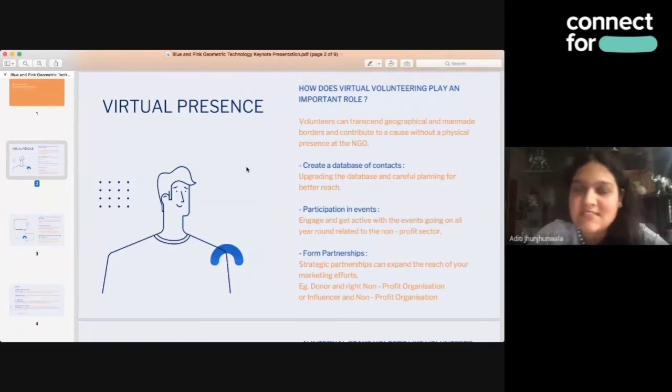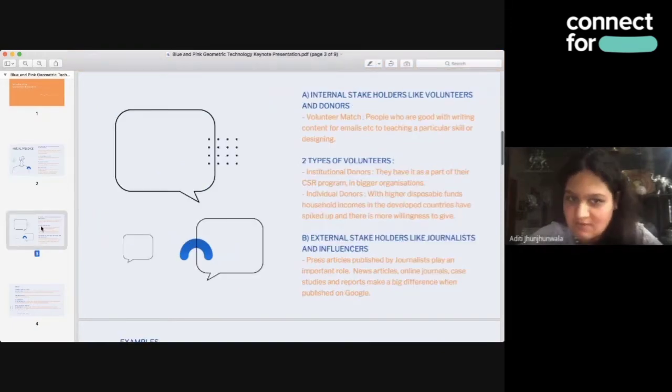Recently, Vellum's Girls has come up with a scheme of fundraising so that they can shift the migrant workers who are stuck in different parts of India to their homes. They've currently collected over 3 lakhs, and Kareena Kapoor is one of the main people who has marketed it on her social media, and it's got umpteen number of likes. That is what an influencer and non-profit organization partnership does.